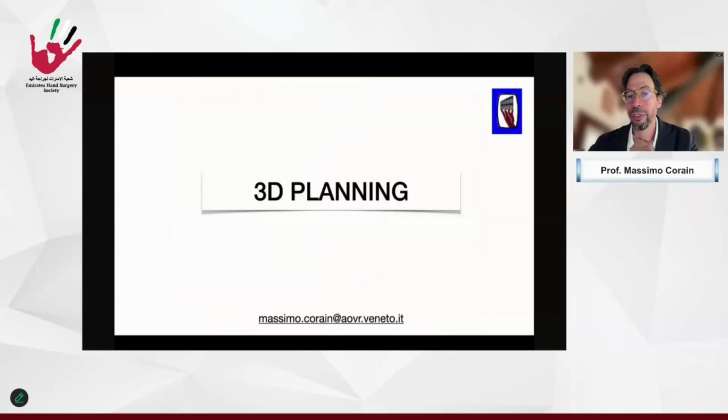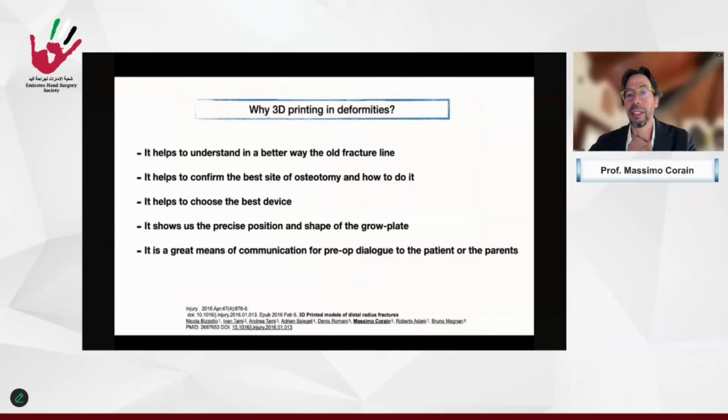So what about the 3D planning? I started with 3D planning in deformities around 10, 11 years ago. It helped to understand in a better way the whole fracture line, helped to confirm the best site of the osteotomy and how to do it, and to choose the best device, because sometimes we didn't have the best plate to correct it.